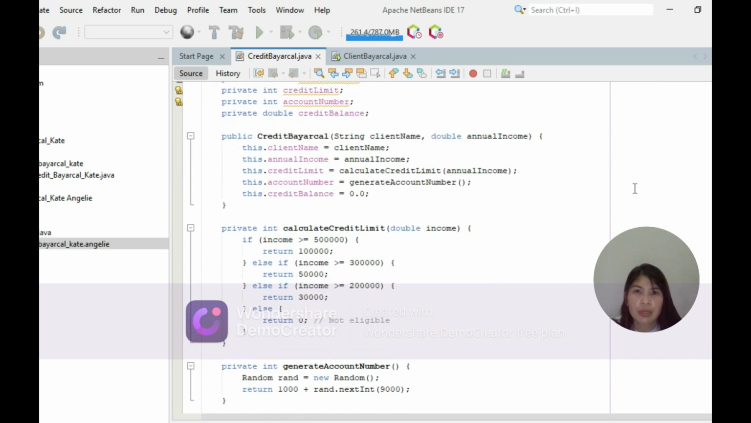So public CreditBuyerCard(String clientName, double annualIncome) and then the bracket. So this.clientName equals clientName; this.annualIncome equals annualIncome; this.creditLimit equals calculateCreditLimit(annualIncome); this.accountNumber equals generateAccountNumber(); this.creditBalance equals 0.0;